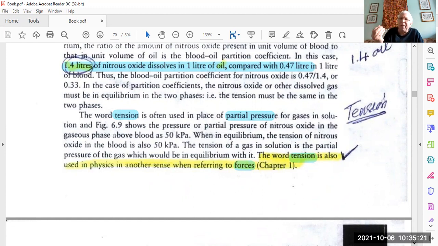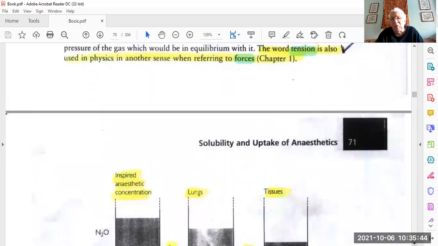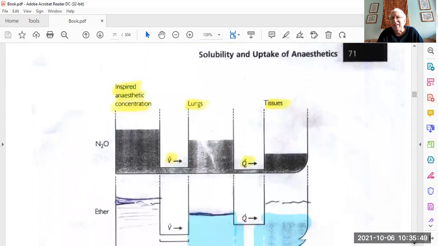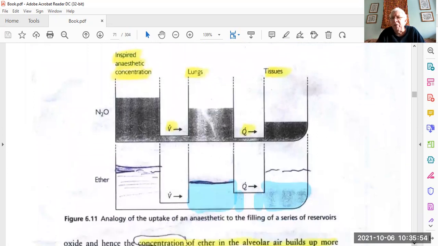So when we talk about gas pressure inside the blood, we say oxygen tension, whereas gas pressure in the air we call partial pressure. As we mentioned before in physics, tension means force. This is a diagram showing the blood gas partition coefficient of nitrous